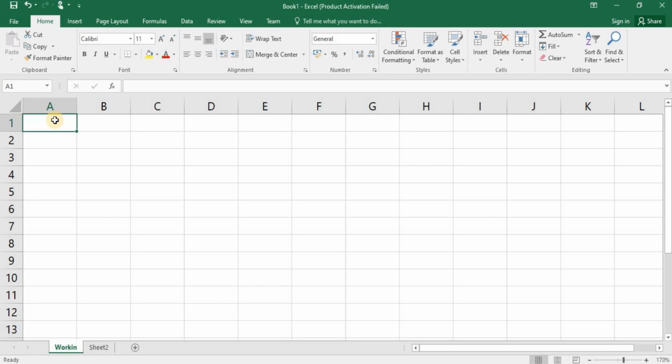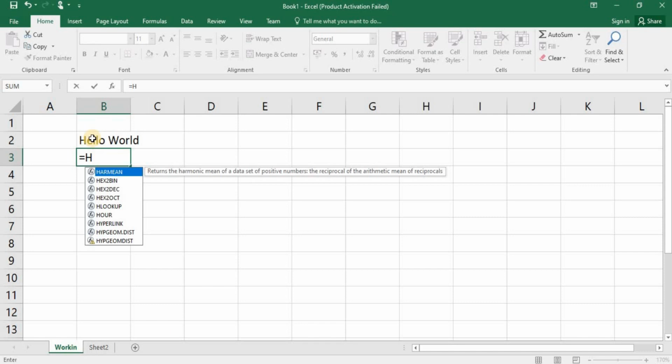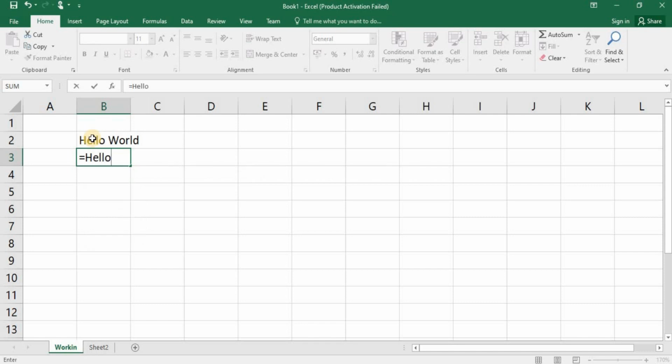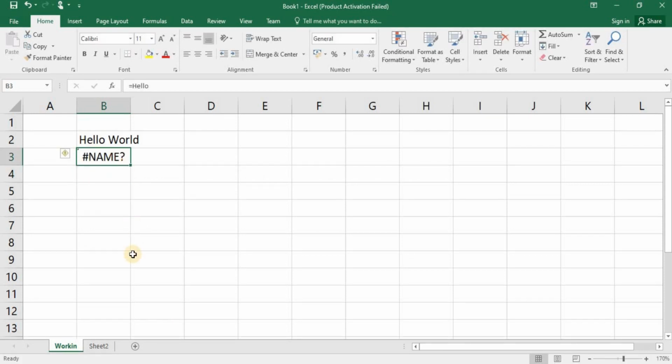To enter any text or number in these cells, suppose I want to enter hello world, go to the cell where you want to enter the data, then start typing on your keyboard like this. You can type anything in a cell, but remember you can't type any text starting with the equal to symbol. It is not a limitation of Excel. There is a special purpose for this. We will see that in our further videos. That's how we can work in Excel.